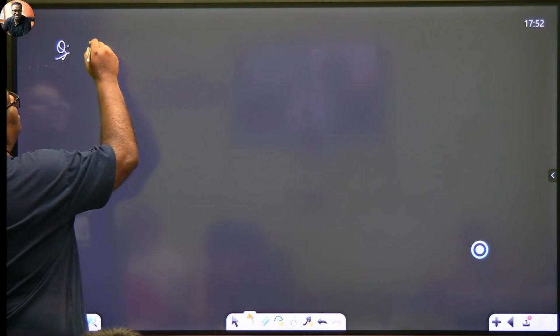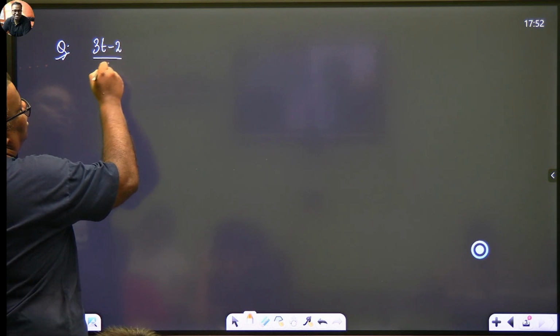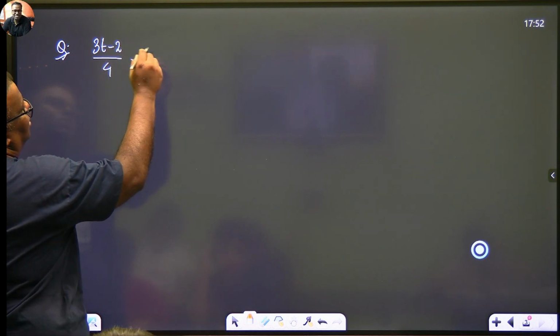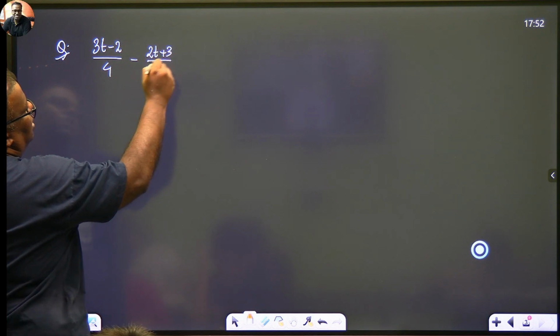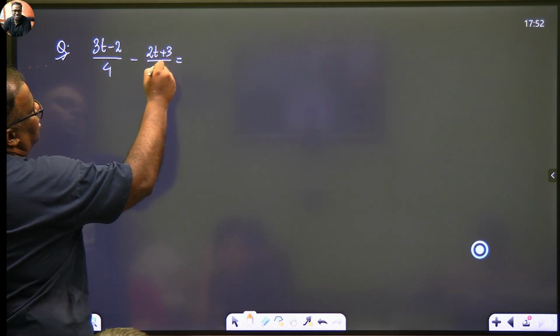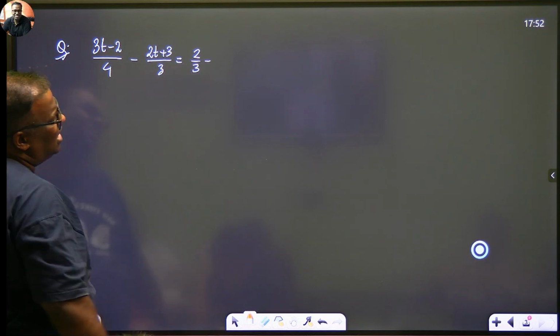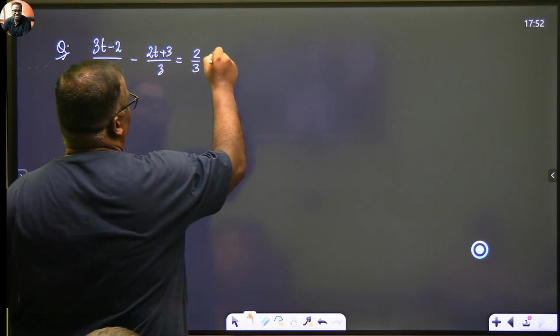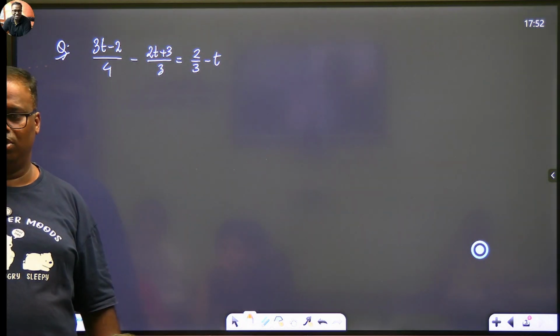3t minus 2 by 4 minus 2t plus 3 by 3 equals to 2 by 3 minus 2 by 3 minus 3 2 by 3 minus t. ये प्रॉब्लम सब लोग गलत करोगे, मैं अपफ्रंट बोल दिया आपको। ऑल ऑफ यू विल डू रॉन्ग।